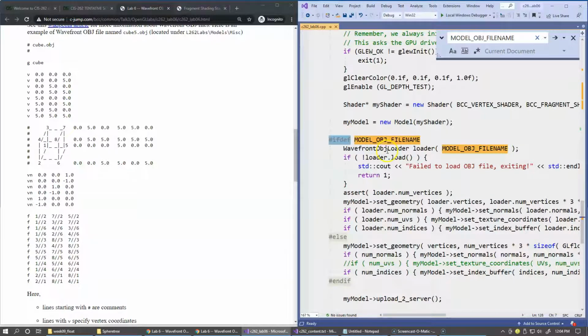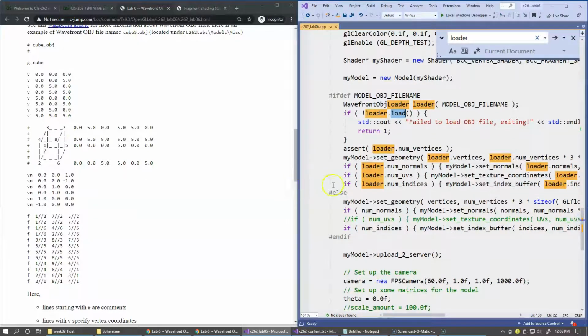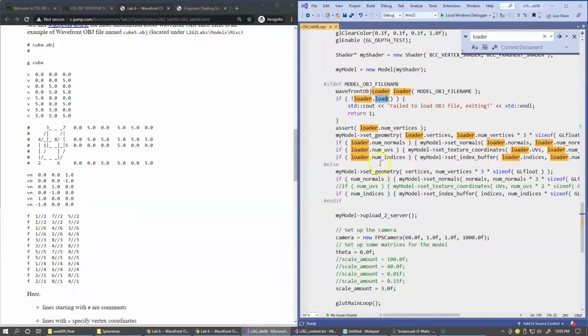So we have this new Wavefront object loader component in this project, which basically takes the model object file name as a parameter to its constructor. So we create an object named loader, and the first function that we call for this loader is the load function. It returns 0 if it fails to load the object file. And then, as we continue using our model class, right here on this line we create our model, and once the loader is done loading the information from the object file, we go ahead